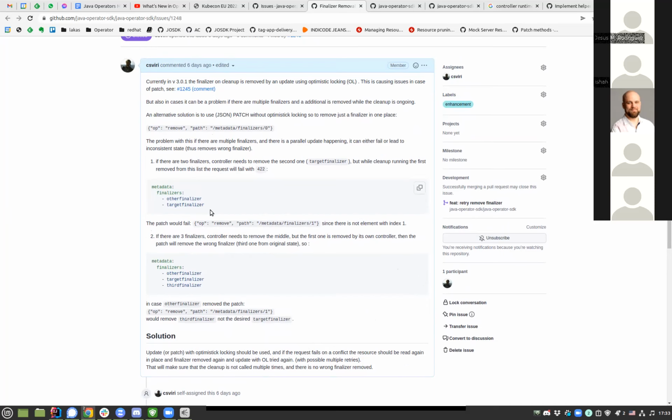Basically, patch with a sequence. If you have a list of items, patch is probably not going to do what you expect it to do, at least with that implementation of JSON patch. Maybe there are other implementations, but